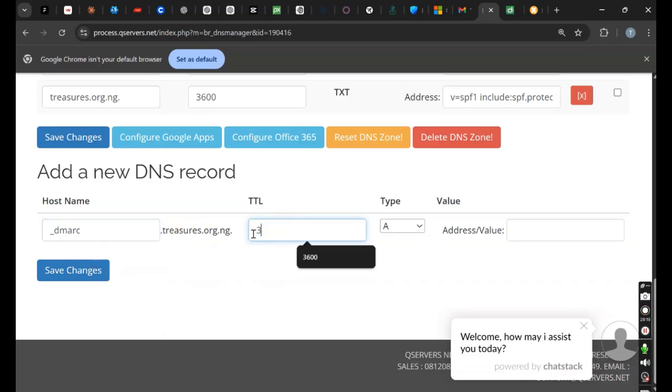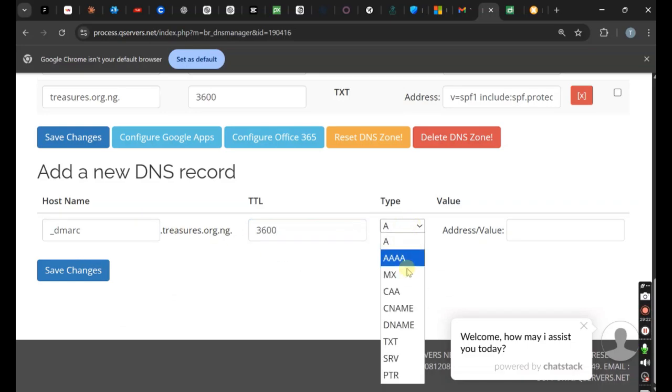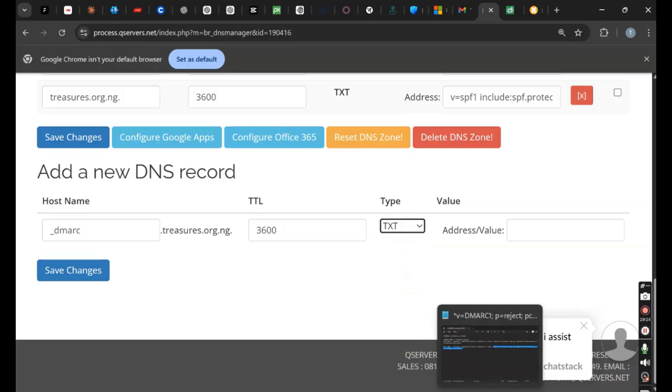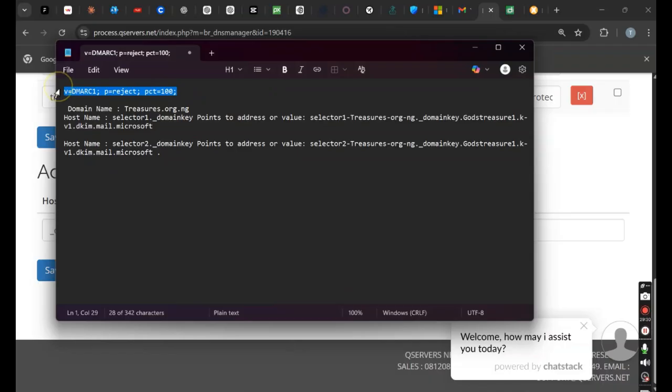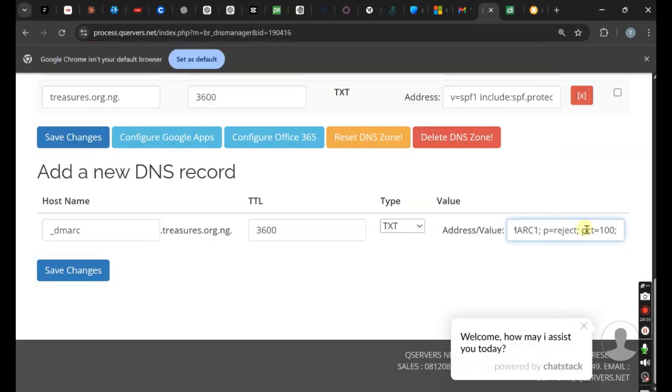The TTL is always 3600, and a DMARC record is a TXT value, and the value, I put it down here, is always v=DMARC1. P can be set to reject, it can be set to quarantine, and then pct=100. But I'm going to set my own to quarantine, because if the email is found to be spam, I don't want it to reject it. I want it to send it to my quarantine folder, because there are some emails that